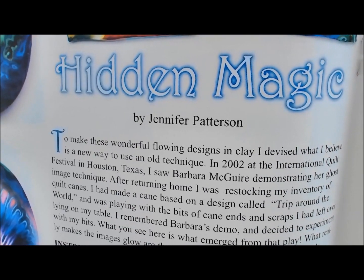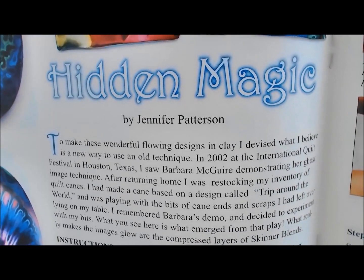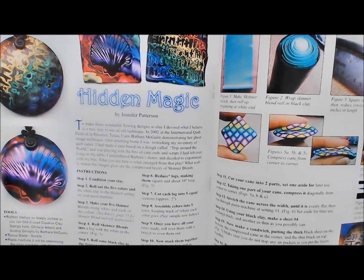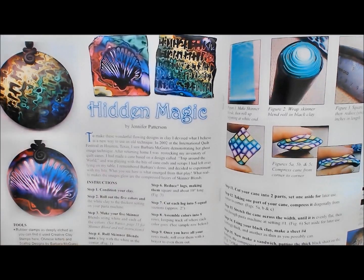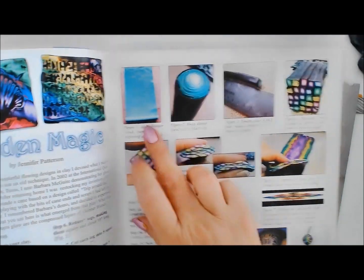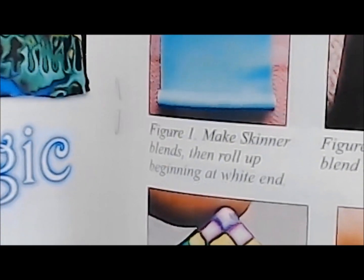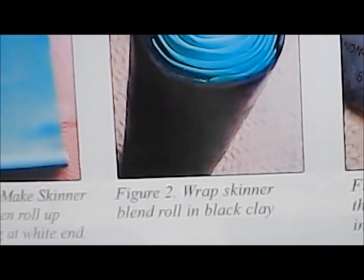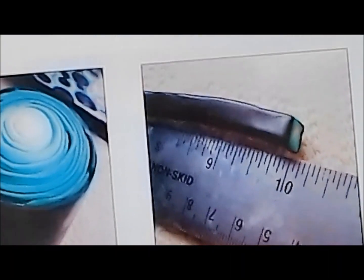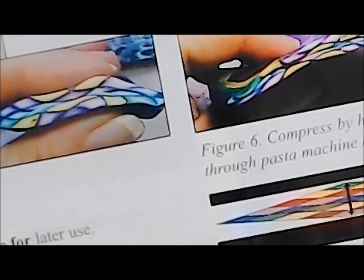One of the more advanced types of layering in Mokume gane is hidden magic. It was invented by Jennifer Patterson, and this is a magazine from 2003 where she describes the method, says how she was inspired actually in 2002 by a workshop of Barbara Maguire, and describes in detail how the technique is done. So you first make the Skinner blend, you do the jelly roll, you wrap the jelly roll in black clay, you square it, you reduce it,